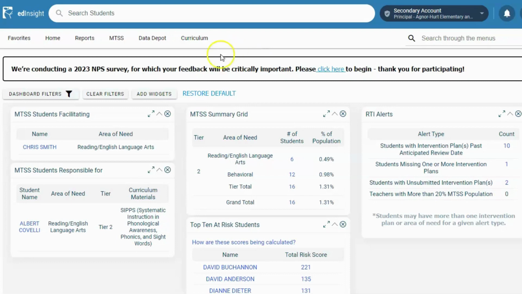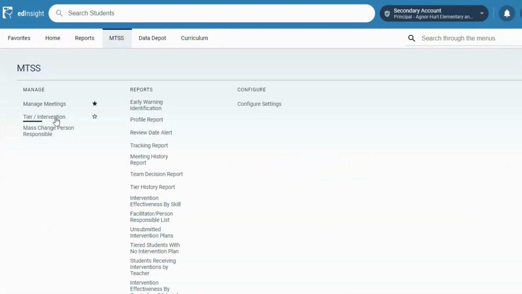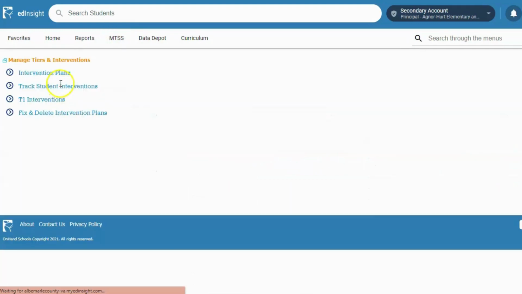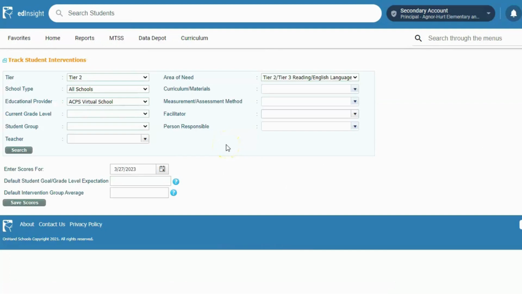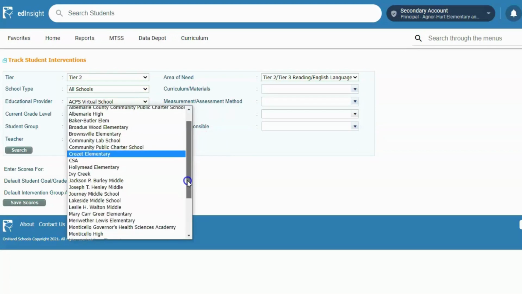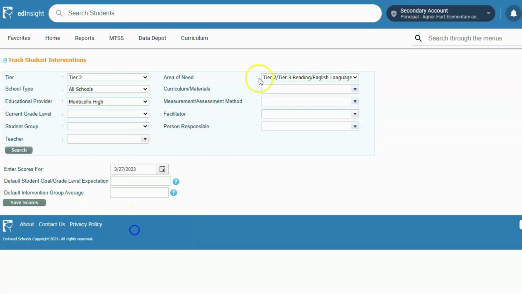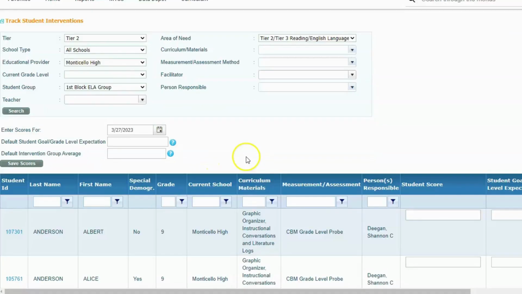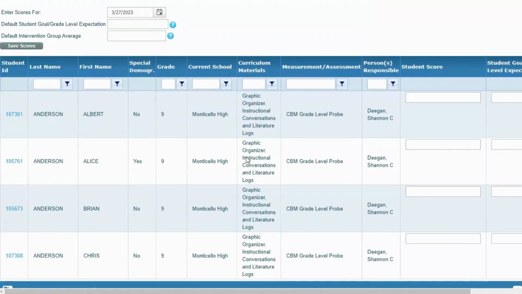To do that, we're going to click on MTSS and then Tier Intervention and then Track Student Interventions. At this point, we need to put in our search criteria to bring up our group. So my criteria will be Monticello High School, Tier 2 or Tier 3 Reading or English Language, and my group is First Block ELA. At this point, I'll hit Search, and now you see below, it brings up my First